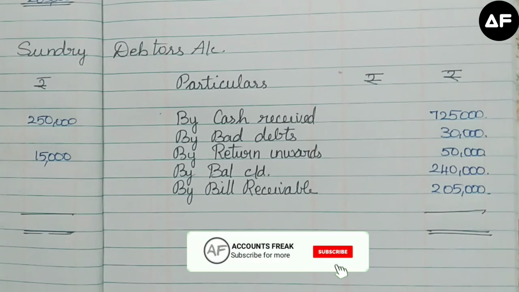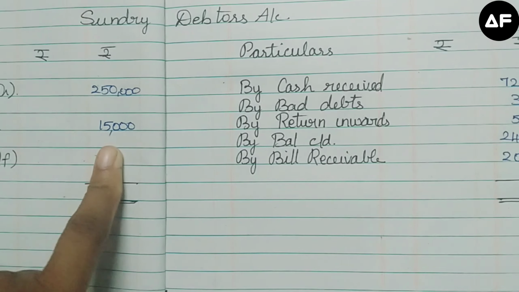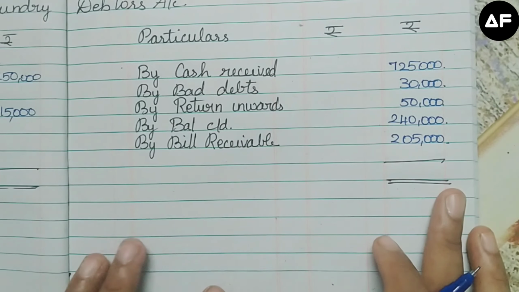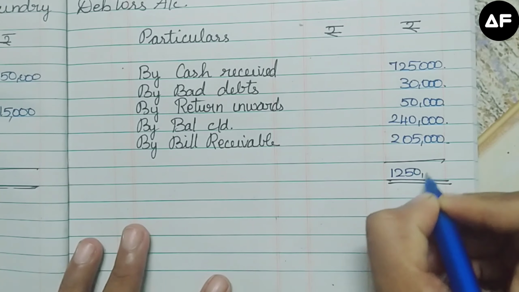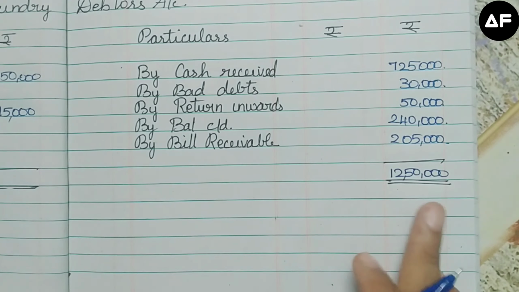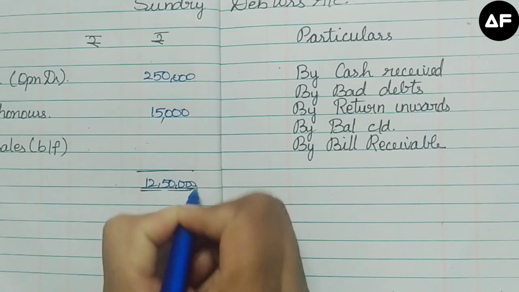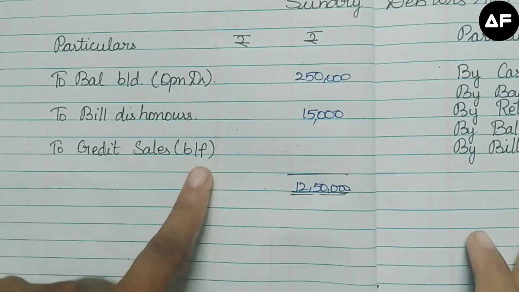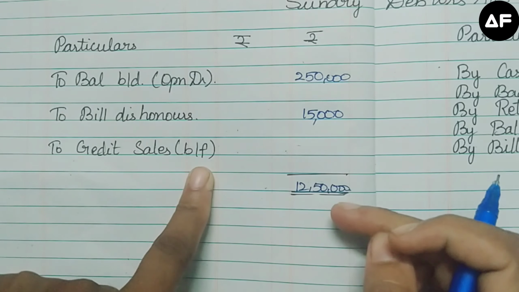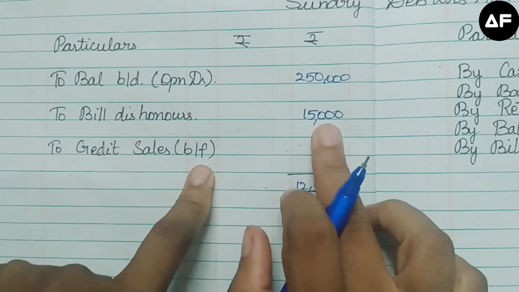So when I take my pencil, I add up the debit side. I get a total of 2,65,000. Whereas if I add my credit side, I get a total of 12,50,000. So 12,50,000 is going to be my greatest total. So I write it as my grand total on both the sides of the debit and credit. After writing the grand total, I must go to the side which is less. That side is going to be my answer. That is my credit sales balancing figure. So I have to subtract 2,65,000 from this 12,50,000. If I subtract it, I will get an answer of 9,85,000 as my credit sales.